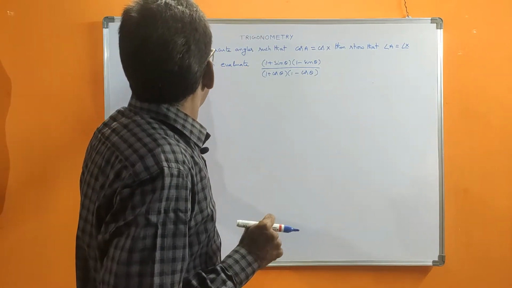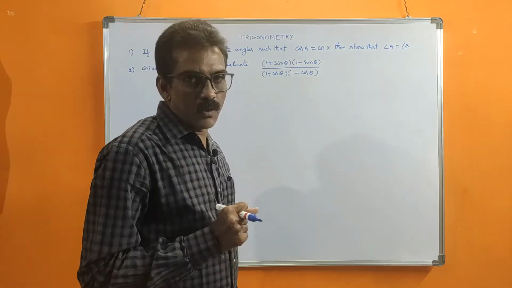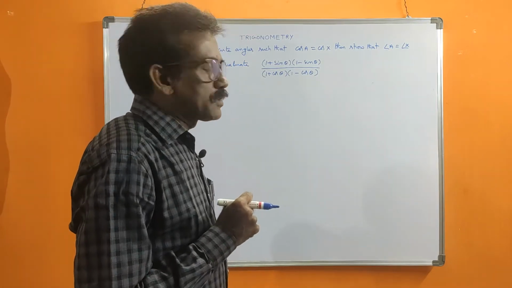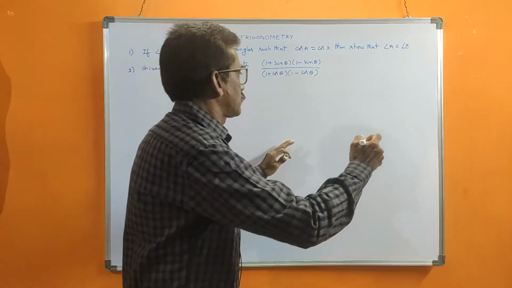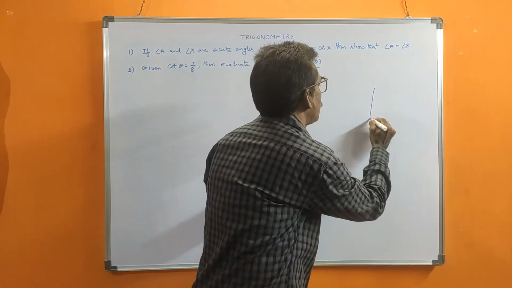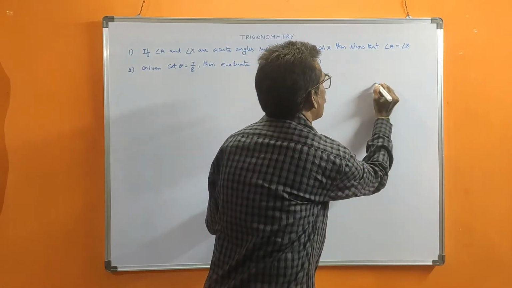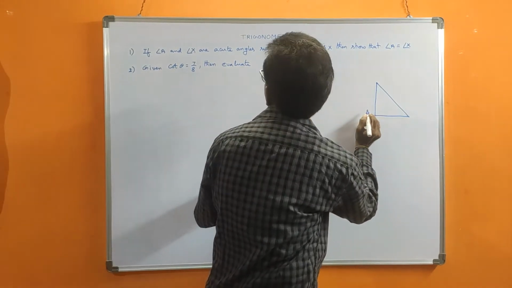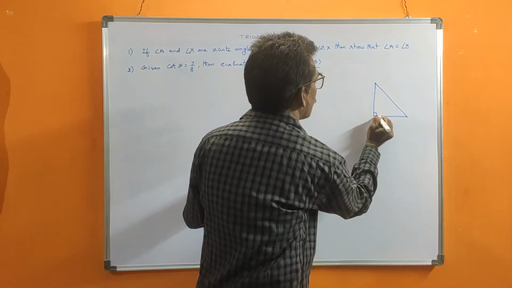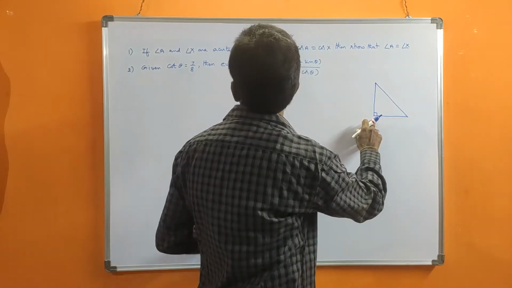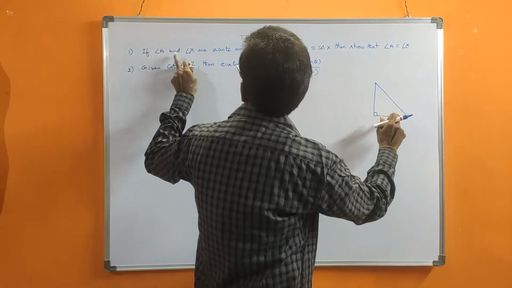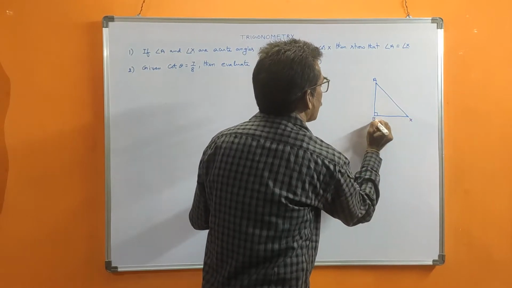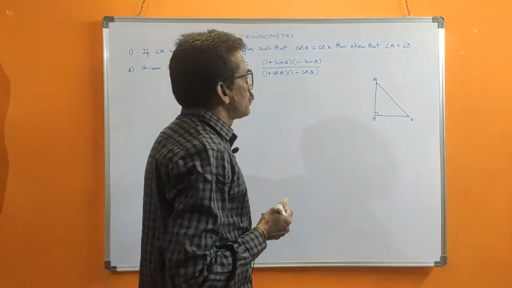See here, angle A and angle X are acute angles he gave. That's why we should consider a triangle that has the acute angles A and X. So consider a right angle triangle like this. These two are acute angles. Here I draw 90 degrees. The acute angles are these two, here A, here X. For the remaining side, whatever letter we want, we can use.